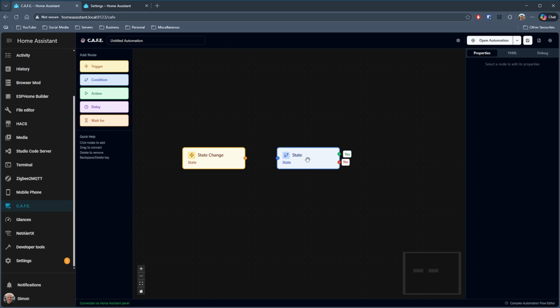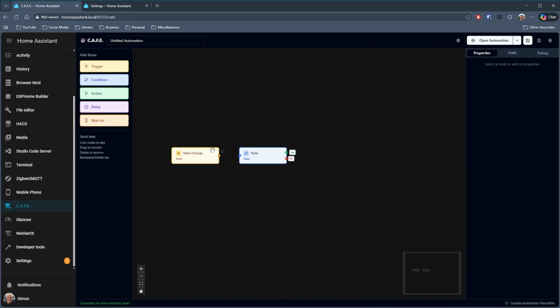And then when you click on them, you can set the properties in the panel on the right side. You can zoom in and out, and you've got a mini map, as it were, to quickly navigate complex automations. You can open existing automations or import YAML or JSON files, and you can export the flow as JSON as well. So as an example, I can quickly drop these nodes on the dashboard, join them up how I want,